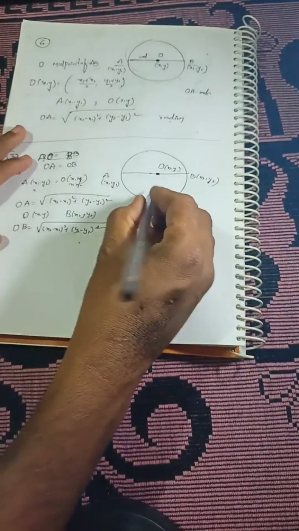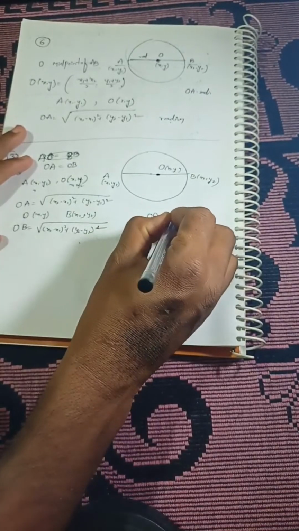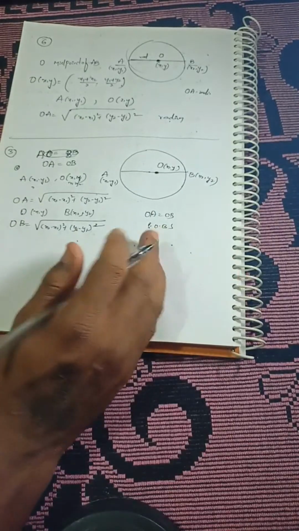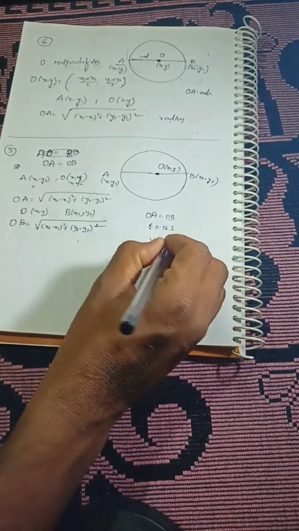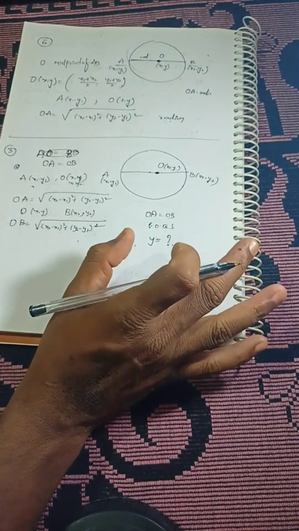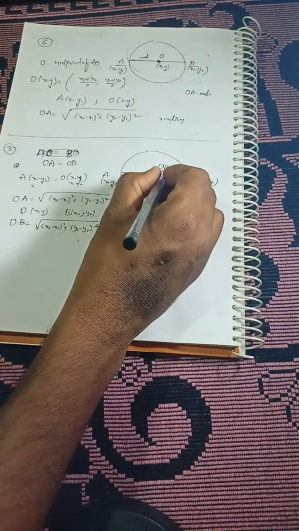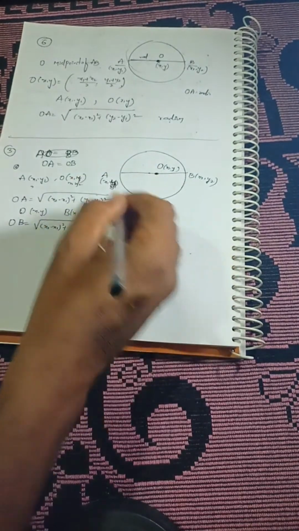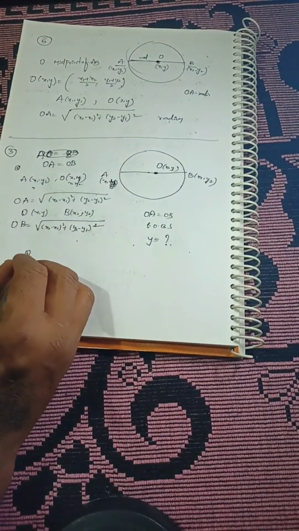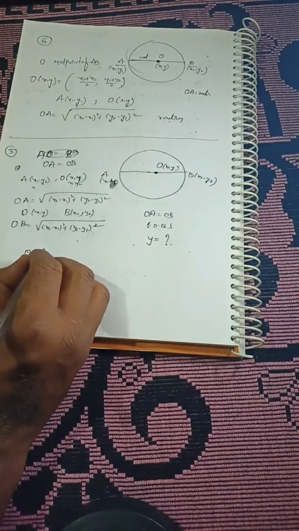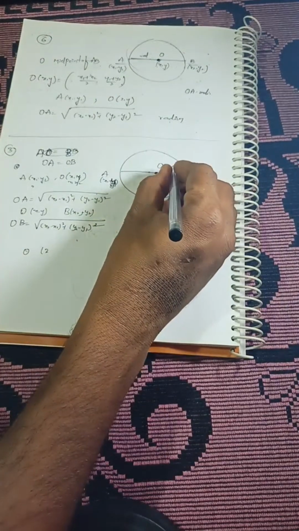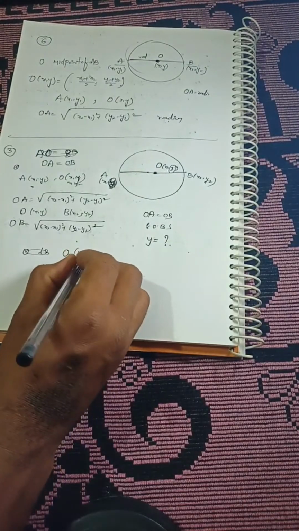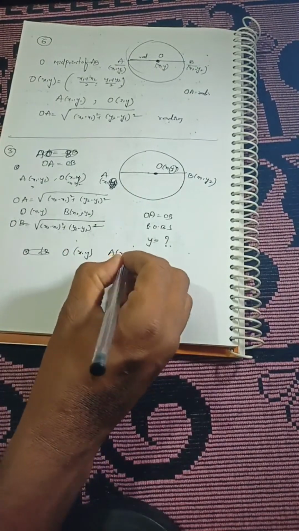Now finally we are doing OA is equal to OB, then we are squaring on both sides. On both sides, x square and y square will get cancelled. Finally you get the y value. After getting the y value, you have to substitute it in point A. Here in place of y1 you have to substitute the y value. Then the O value is already given. The center of the circle is given, here the center's y value, and here the A point's y value. After substituting, take O point x comma y, take A point x comma y, then do